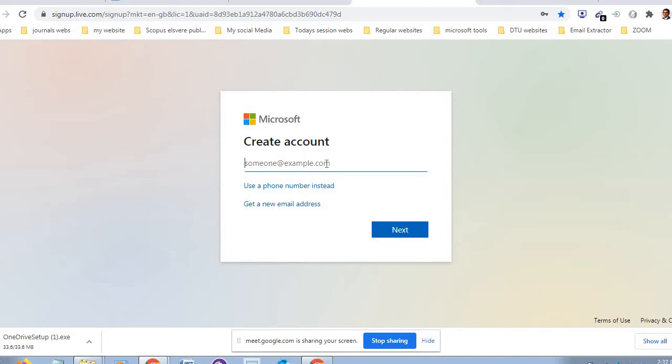We have to use the same username and password for accessing the online cloud storage files which you have saved in a Microsoft account. That's why I'm providing this link. I already have a Microsoft email ID, so it may not work now.